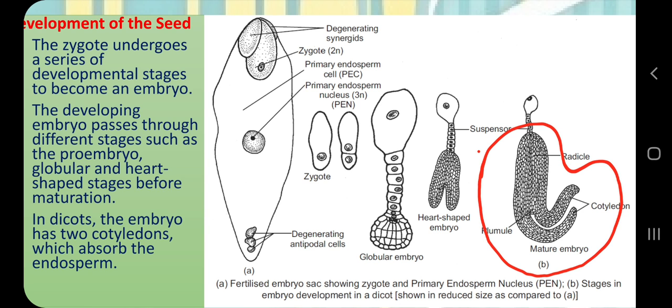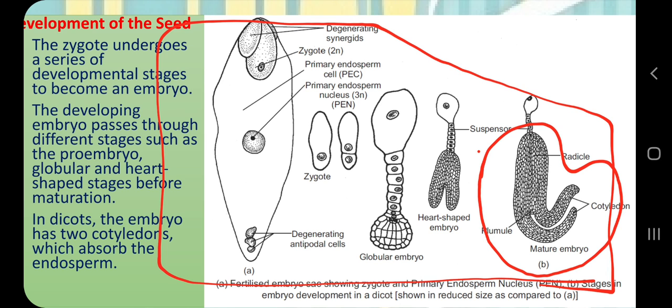Now if plants are autotrophs, why do they require reserve food? Because when a seed grows, it will take time to form leaves, and without leaves, without chlorophyll, no photosynthesis can happen. So for that short period of time, the embryo needs some nutrition. So in the case of this plant, I was talking about the dicot plant or the tree, the nutrition will be conserved in the form of the cotyledons of the embryo. And where did this nutrition come from? This nutrition came from the primary endosperm nucleus, which will develop into a nutritive tissue called endosperm.